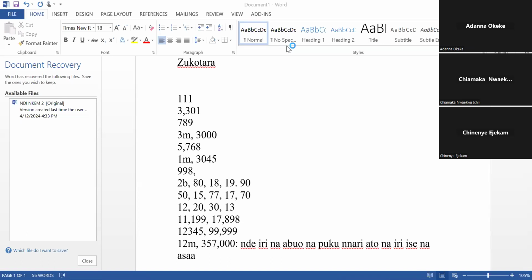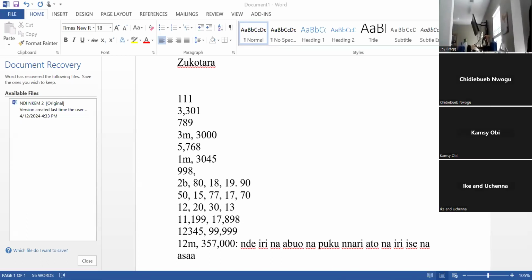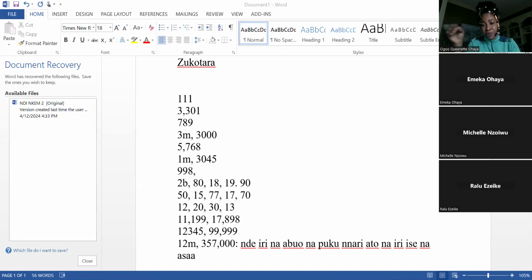So everybody, we'll practice more next week. But check the forum. I will post these numbers too, in case you want to practice with them. But that may not be the numbers we are going to ask during the mock one. I will change the numbers, but practice with them. Also practice your spellings. Once you know how to spell, once you know your alphabet, you're not going to struggle. You should be able to get it. So that one is guaranteed, but you need to practice. You need to know your numbers, know your spelling.